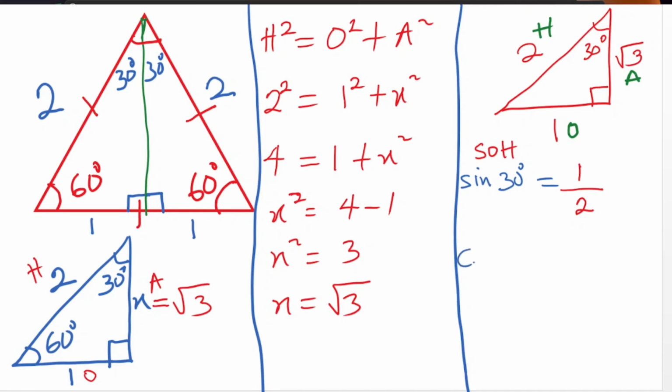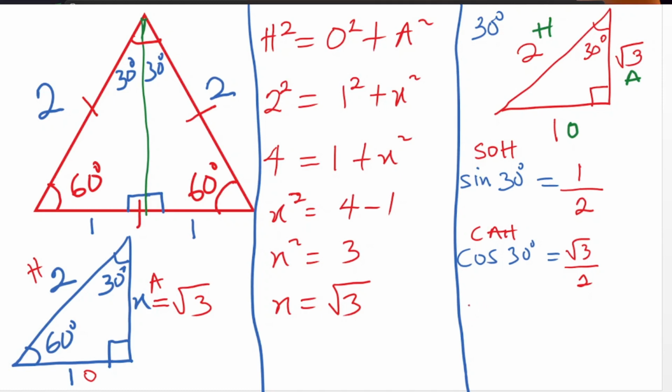cos 30 degrees. We are considering 30 degrees here. So for cos 30 degrees, that is CAH, adjacent over hypotenuse. What is the adjacent here? Root 3 over hypotenuse, that is 2. So anytime you're asked to find cos 30 degrees, this is the short form of it, root 3 over 2. Then the last one, which is TOA,